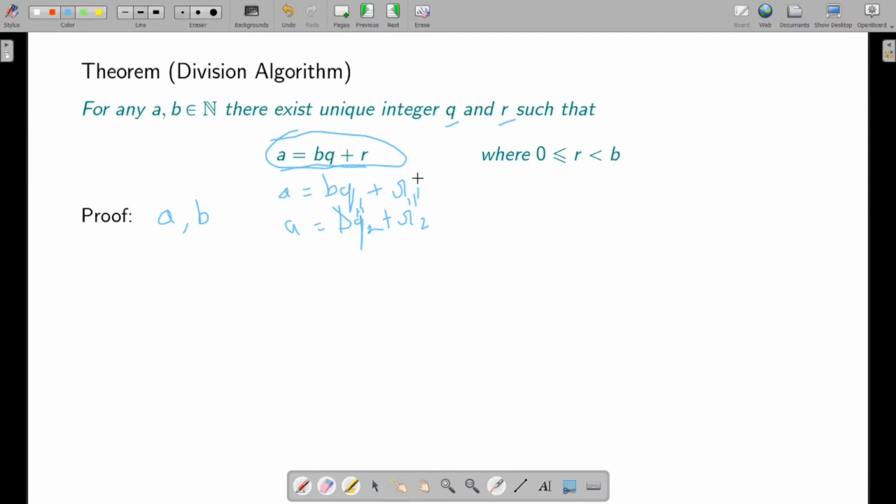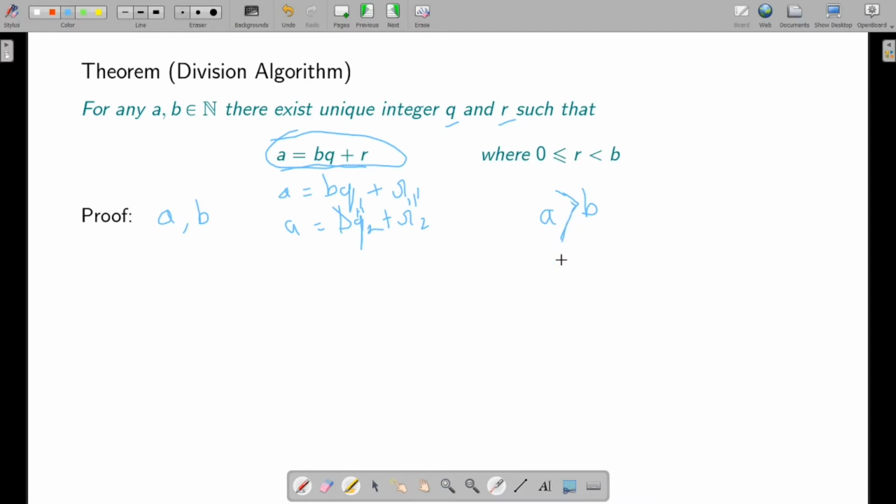So where does the intuition of this come from? If you give me any integer, it is kind of like subtracting. Take an integer a and keep subtracting b from it. Suppose a is greater than b. Let's just consider that case. If a is greater than b, the idea is you keep subtracting b from it. That's how you get the remainder.